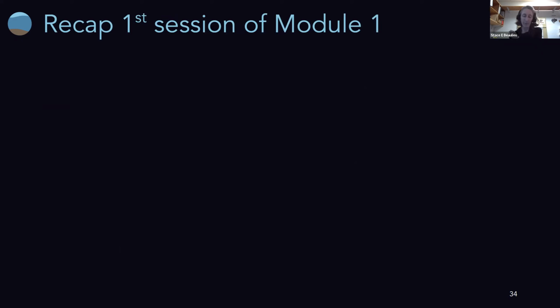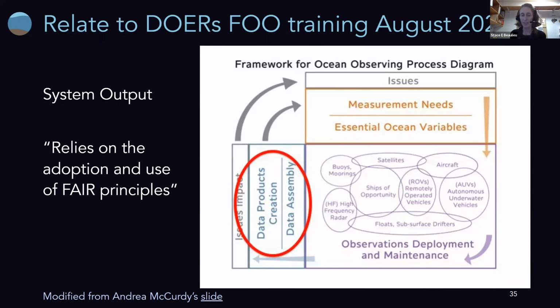Then we will recap the first session, just again, because I don't expect people to be able to come to every single session. So I'll be providing here just some comments with regard to things that happened during the live session that we learned from each other. And then we'll be able to start with the second session.